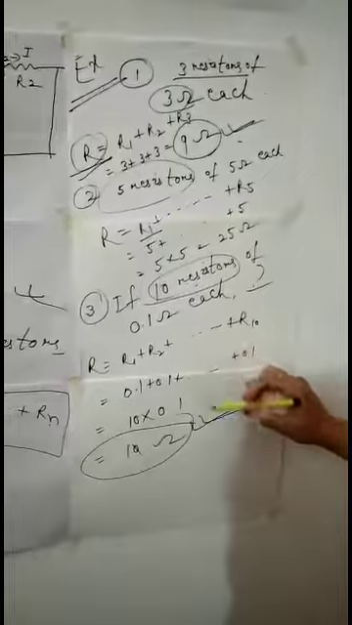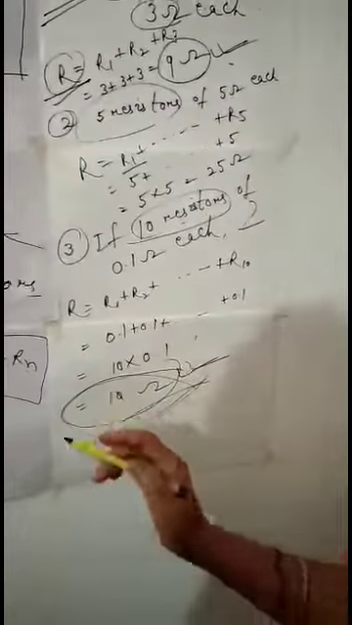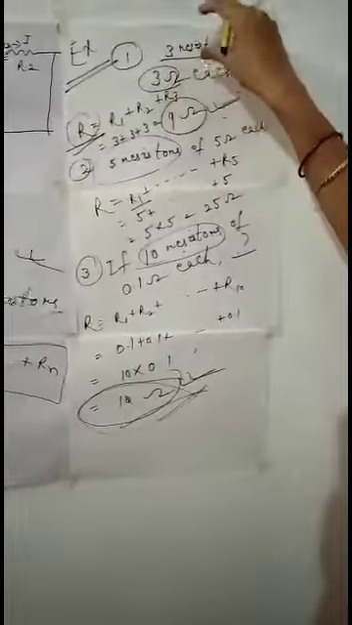Now from the above 3 examples, we conclude that in each case, the value of the resultant resistance must be greater than the individual